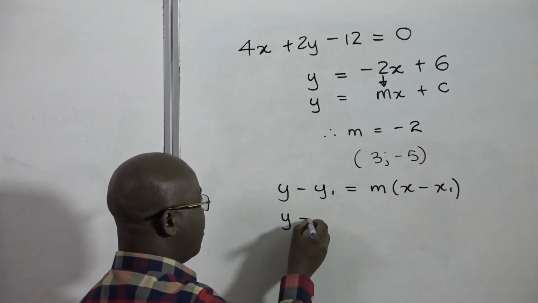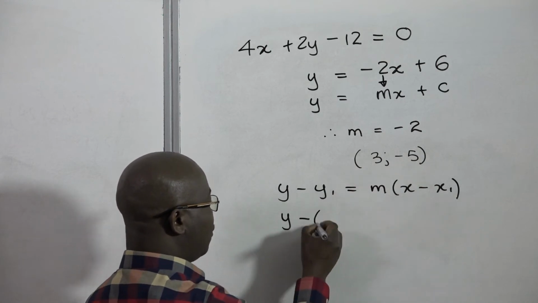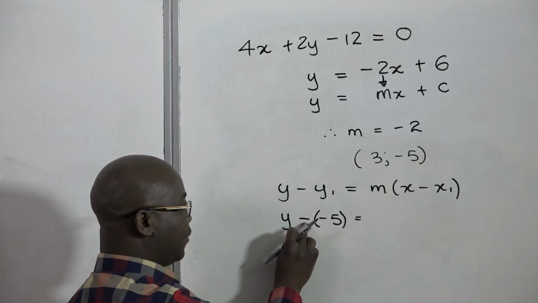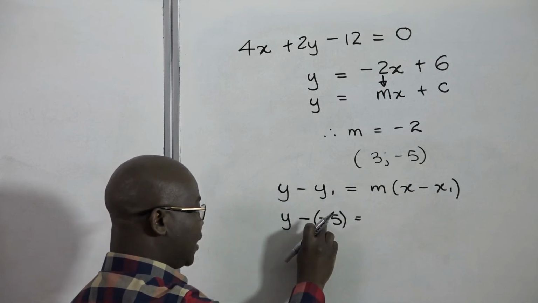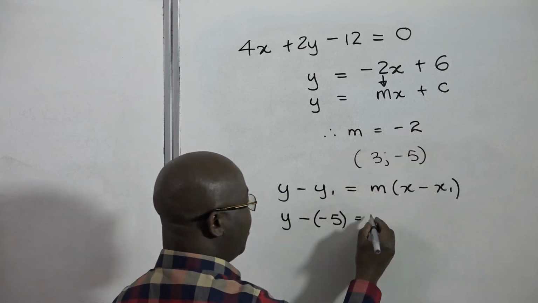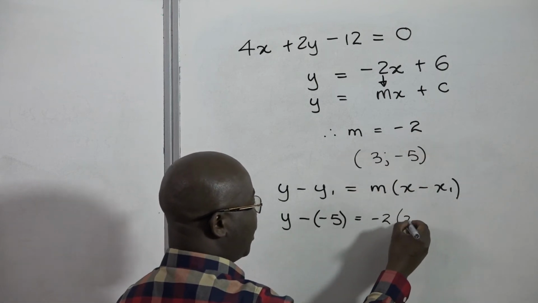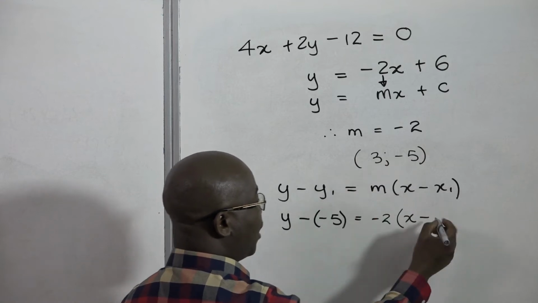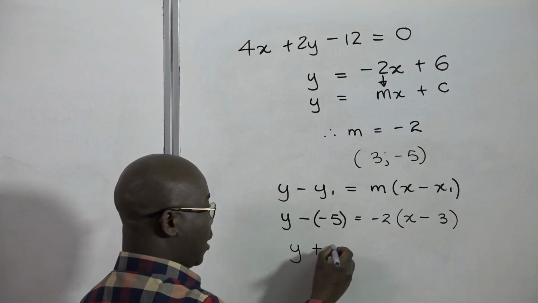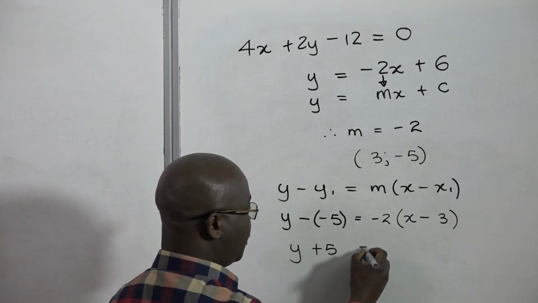This will be y minus y1, which will be minus 5. Don't forget again, this negative sign belongs to the formula. This negative sign comes with the y coordinate. And then m is minus 2 in brackets x minus x1, which is 3. This gives us y plus 5 is equal to